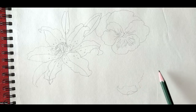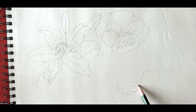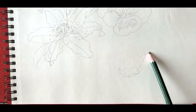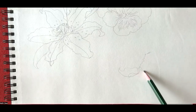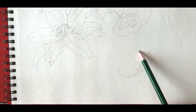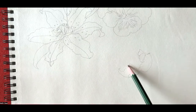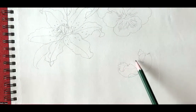So just as an instruction, I want to show you I just follow the edges of the lines I see. The petal over here has got a very zigzag serrated edge, and then the shape of the petal is just like so. So I'm not thinking about whether it is a folded petal or whatever. I'm just looking at the outline and I'm recreating that. And then for the